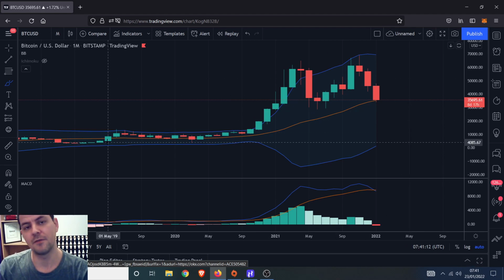Right, so we're going to talk about a few little bits on the Bitcoin chart on a daily, a monthly, and a weekly, short term and long term. Worst case scenario versus what I think is most likely to happen in the short term. So a bit of an overview, different things.